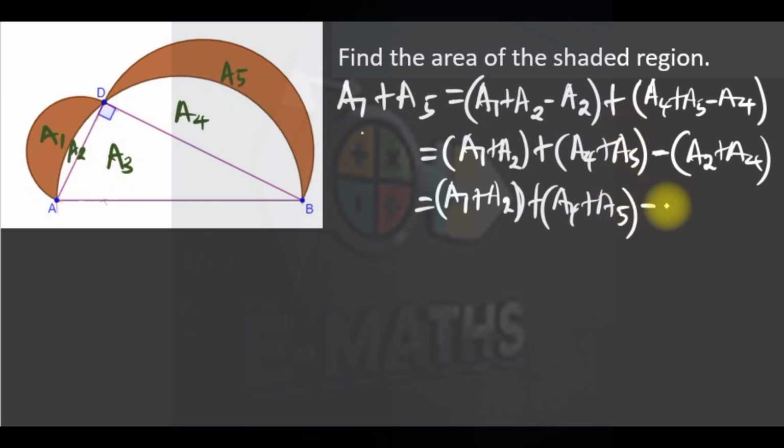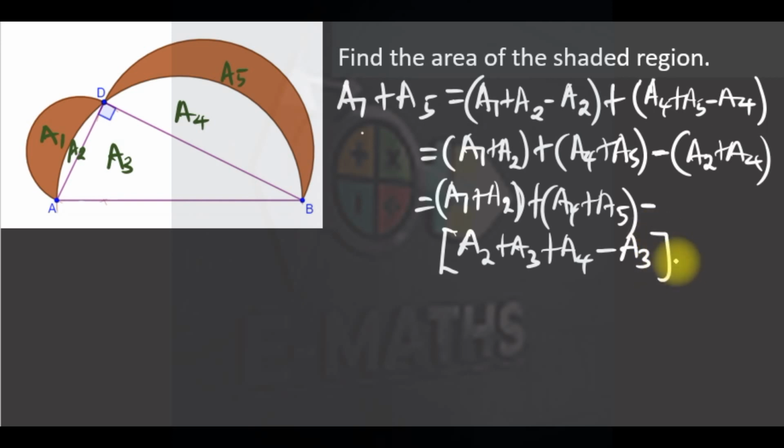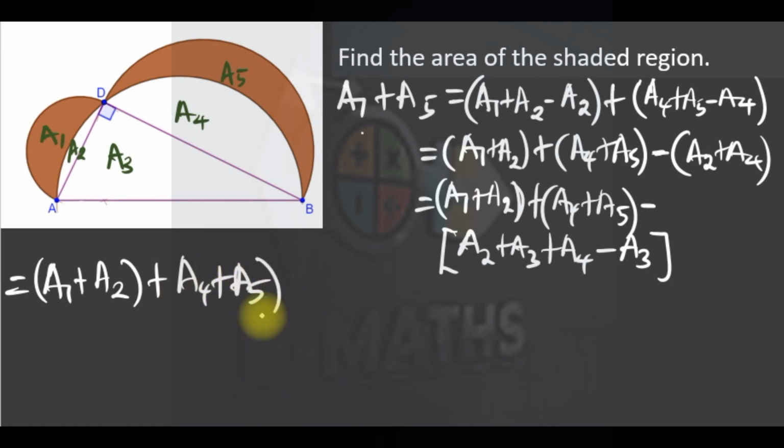So I'm saying that minus A2 plus A4 is the same as minus A2 plus A3 plus A4 minus A3. Yes, if I want to get the sum of this and this, it is the same as the area of this minus A3. Okay, we can write this as A1 plus A2 plus A4 plus A5